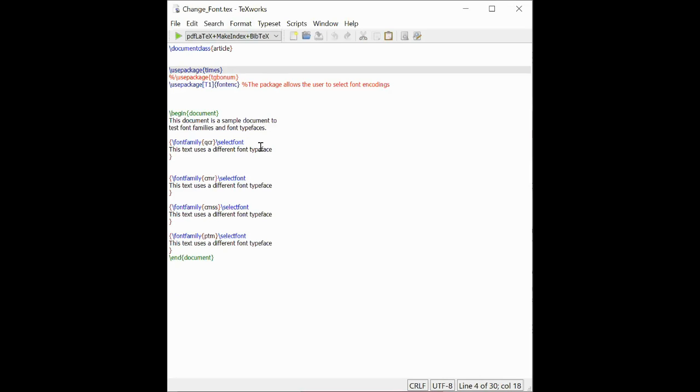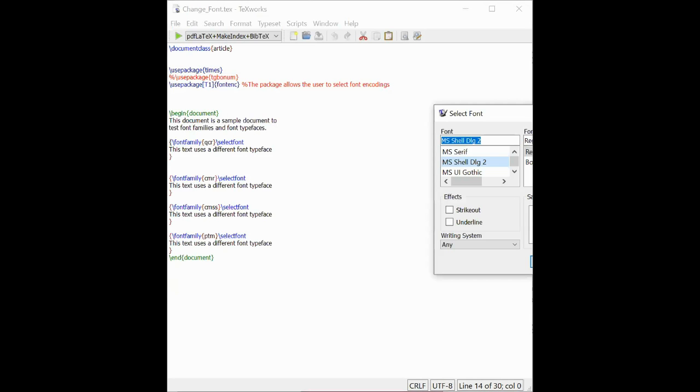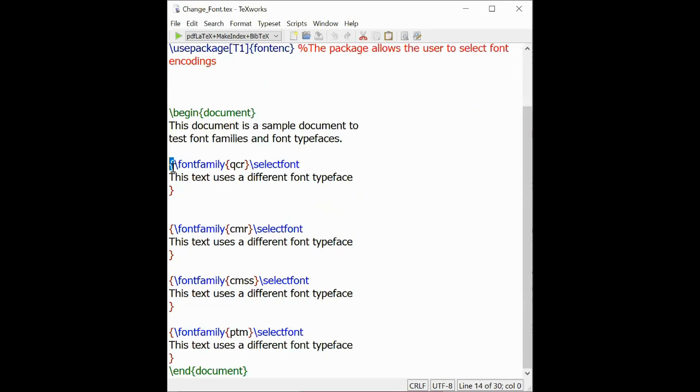So next thing, you may ask a question: I want to change the font of only a particular sentence. In that case, you have to select the font family. So this is the command, this curly bracket. You can see this is the open curly bracket, and another is a closed bracket.